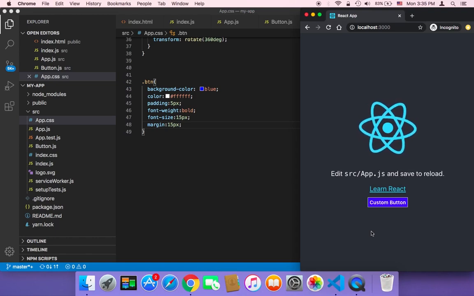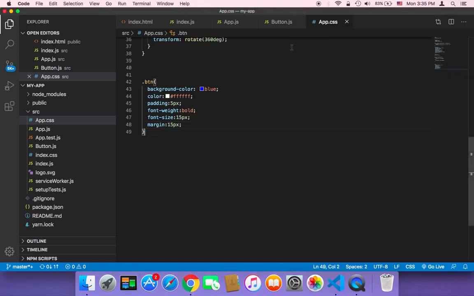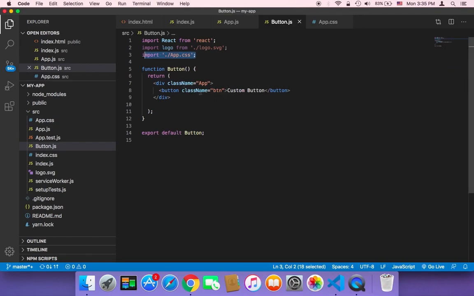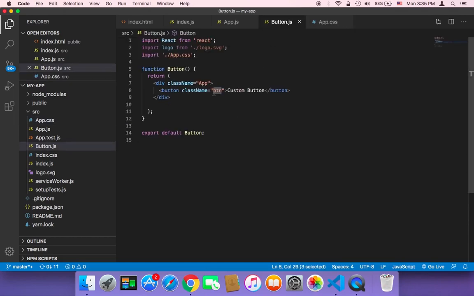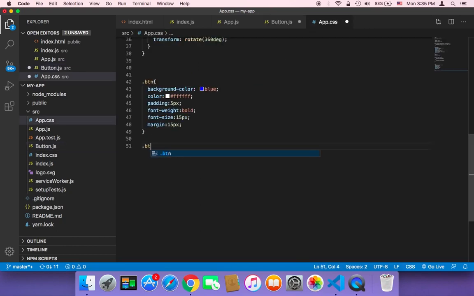So if you want to add styles to a component in React, you have to use the className keyword, and then equals the class that you want to pass, and then you create the class in the app.css. And by the way, you can give it more than one class. So for example, you can say btn and then a space and create another class, maybe another class that has something to do with, let's say, the border. We can say here border_button, and in the app.css I can create here a class called